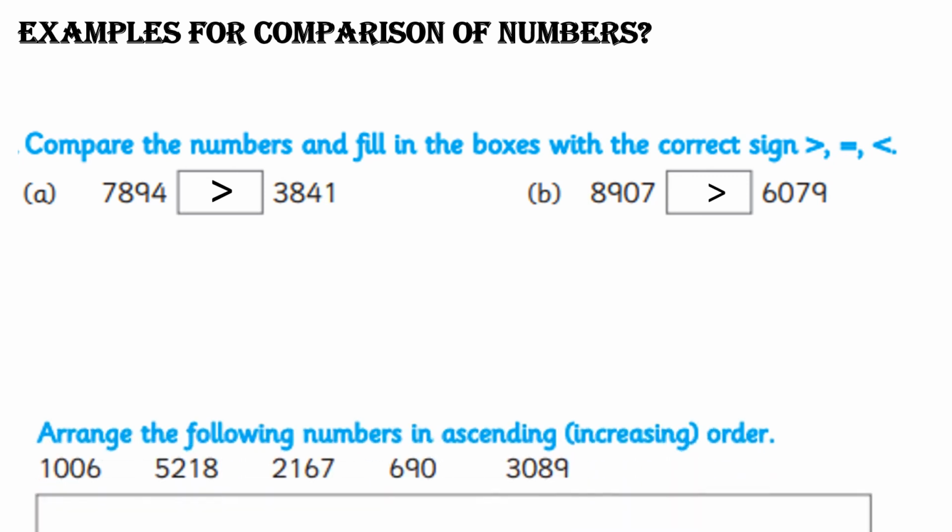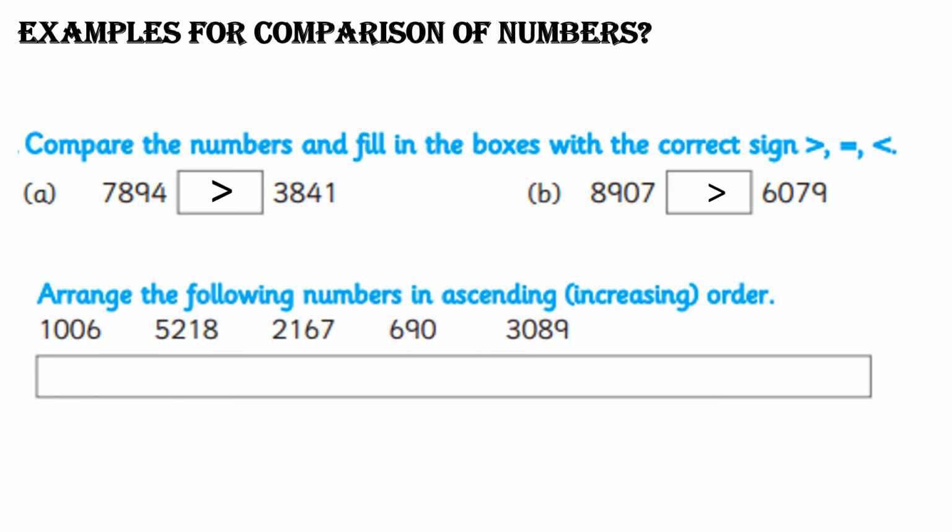Let us proceed. Let's arrange the following numbers in ascending order. What do you mean by ascending order? In increasing order from small to big. So we have 5 numbers over here. 1006, 5,218, 2,167, 690, 3,089. So for arranging it in an increasing or ascending order, let's take the smallest number first,